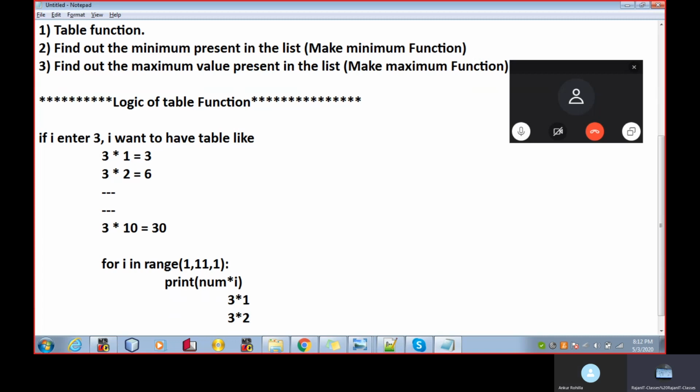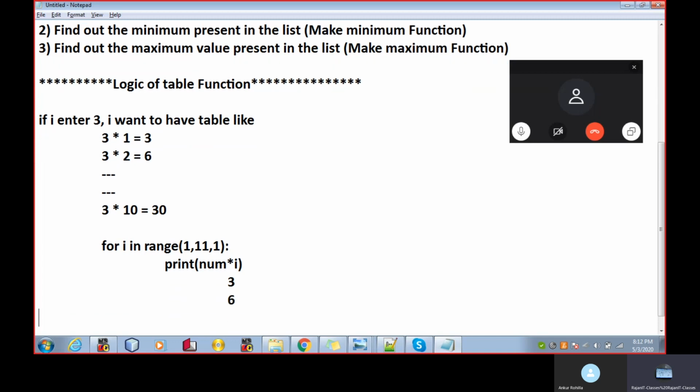This multiplication task will keep performing till 10 times. And at the last we'll get the result like 3 6 something like that, right?